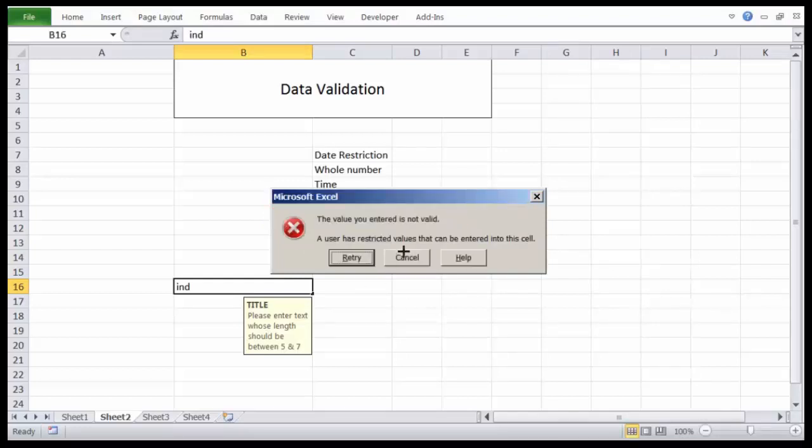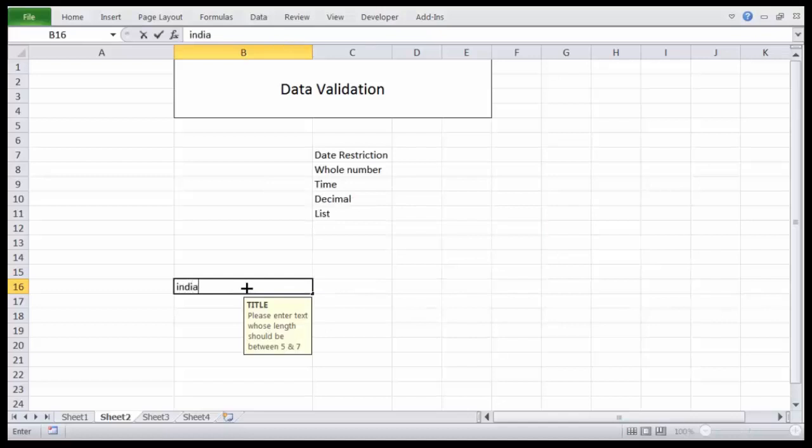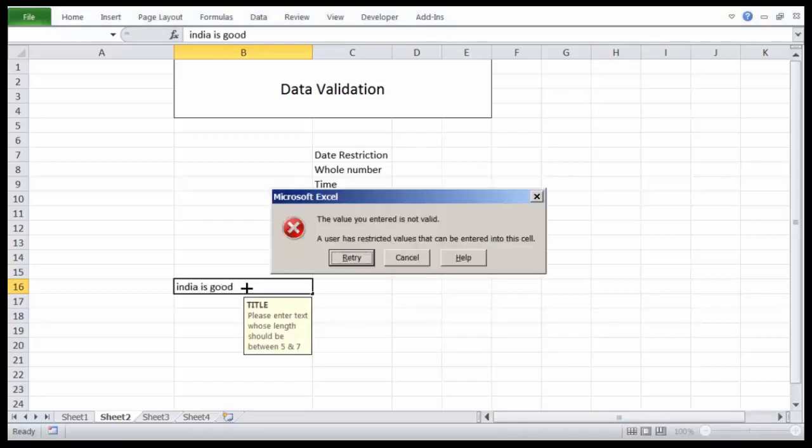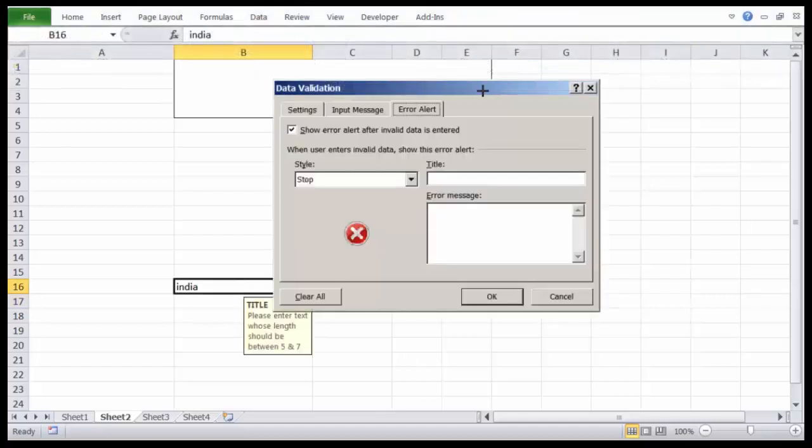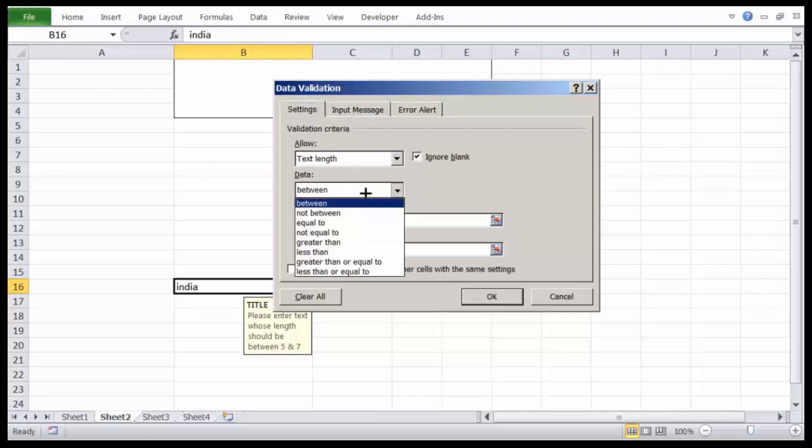If I now enter India, yes, it will come. But if I enter India is good, then it will not take. The idea is that it has to be between 5 and 7.